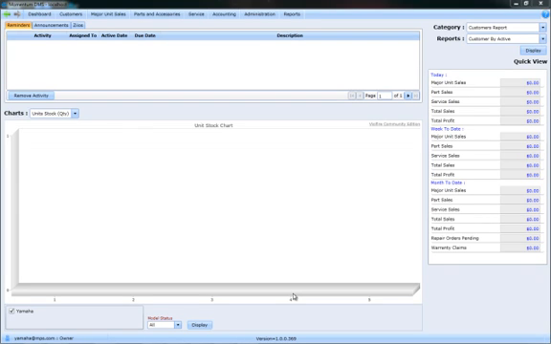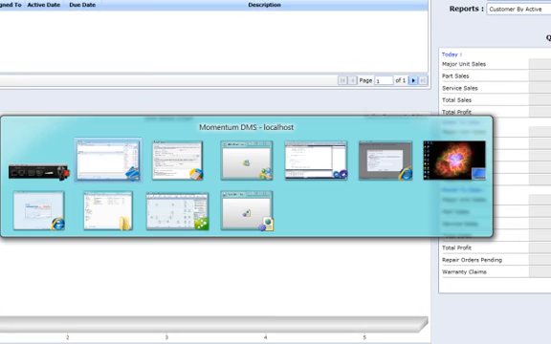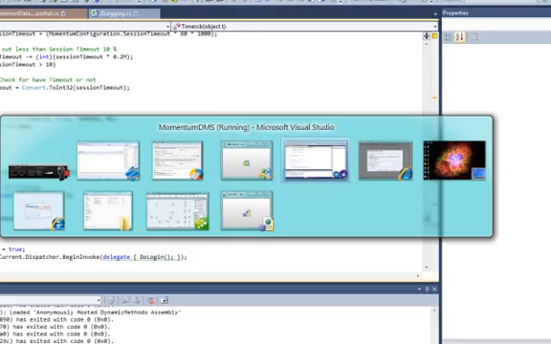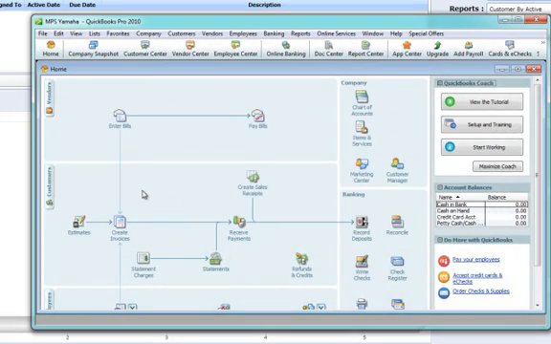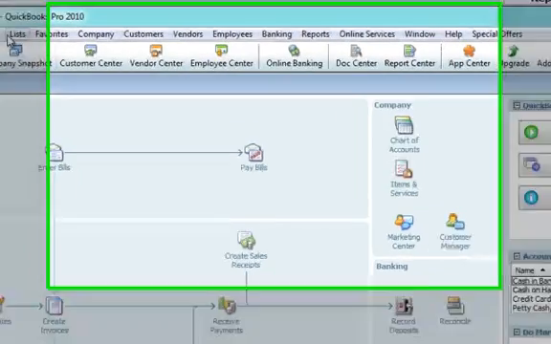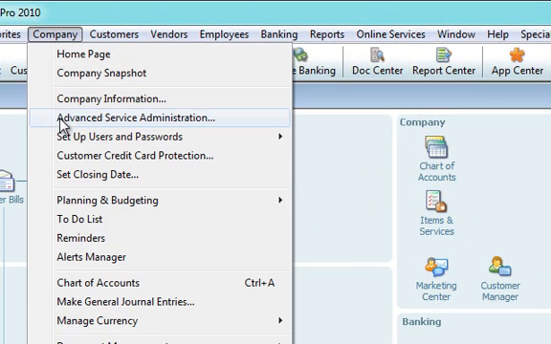Okay, starting out with a demo of how you integrate QuickBooks with Momentum DMS. So we have Momentum sitting here. We will also bring up QuickBooks, and it is right here. So I've installed a fresh version of QuickBooks, and what I did was I created a company called Yamaha, and